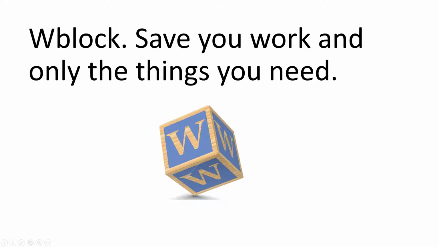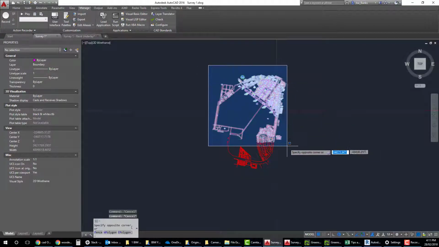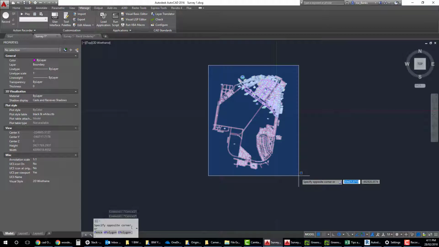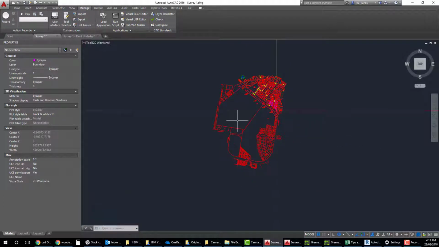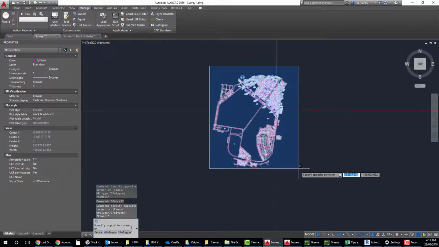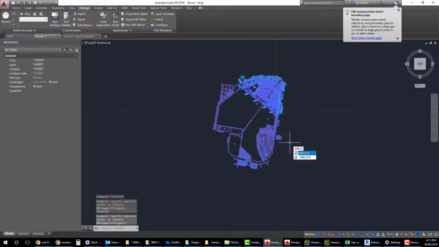And the final step here, and one of my favorite parts of this, is WBlock, which stands for write block. Basically, you just select the objects that you want. You'll notice I'm using a crossing window select. You can select this way and it's going to select everything it's touching. I'm selecting this way to just get the objects I'm interested in. I'm then typing WBlock,